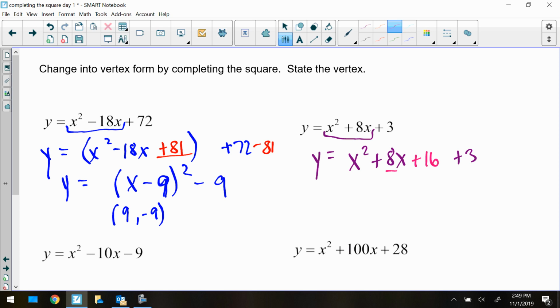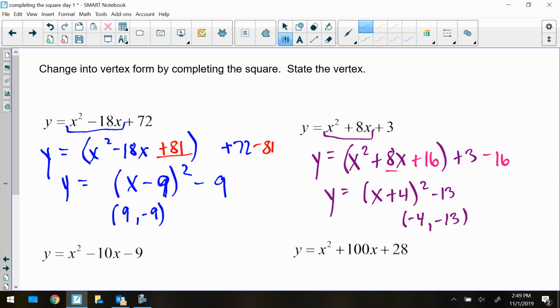If I'm going to balance out this equation, I have plus 16 here. I need to subtract 16 at the end. So these 3 terms make the square, and that square happens to be x plus 4 squared. And 3 minus 16 is negative 13. So now that I am in vertex form, I have a vertex of negative 4, negative 13. All right,